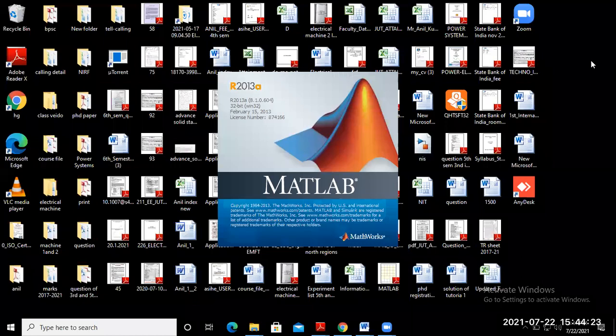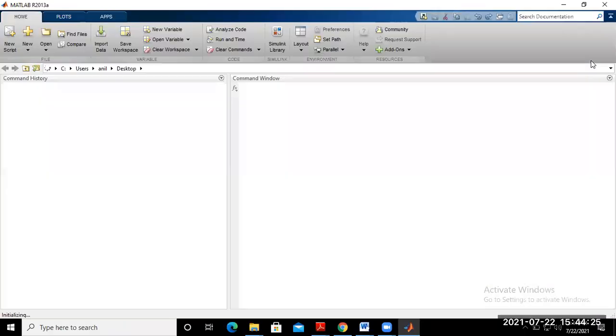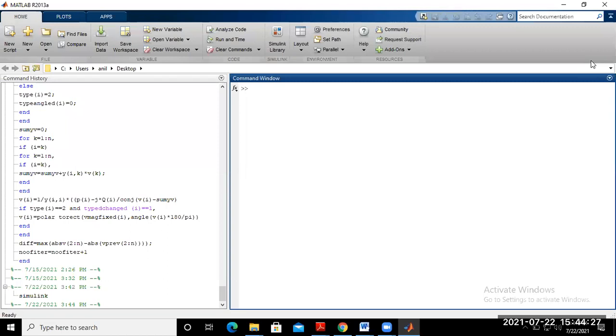Single phase, half wave. The MATLAB version is not working properly on my PC. Okay, so you do not have MATLAB right now. Whenever you get an opportunity, try to practice some circuits, how we simulate.